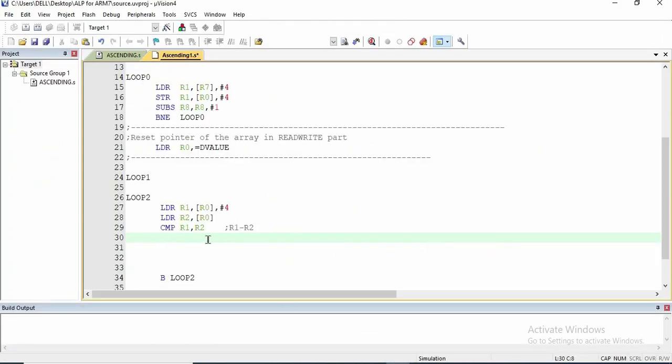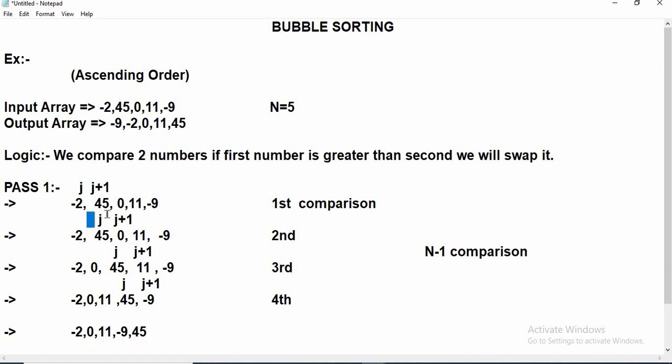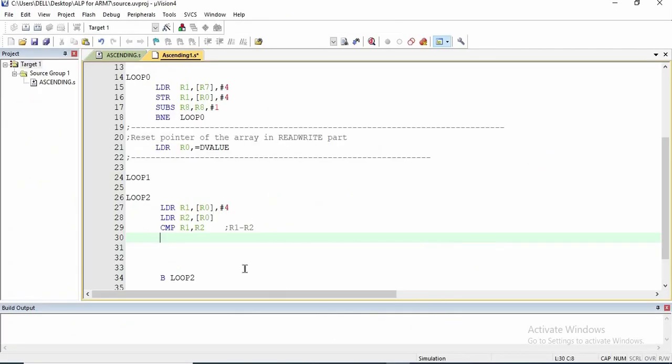If the first number is greater than the second, we should swap it, or if the first number is not greater than the second number, we should simply increment the j. That we have done over here. We just simply incremented the j. I am going to do it here by saying branch, if it is less than or equal to, I will write the flag over here as count, means it will go to another part of the code if the first one is less. This is also conditional execution.